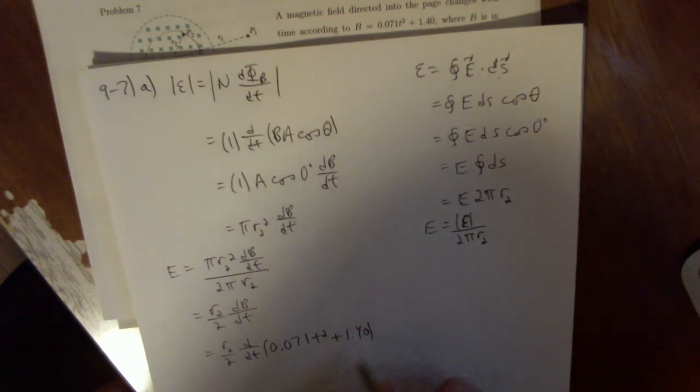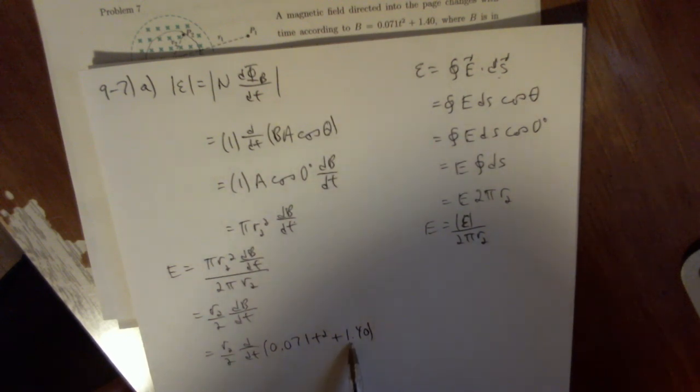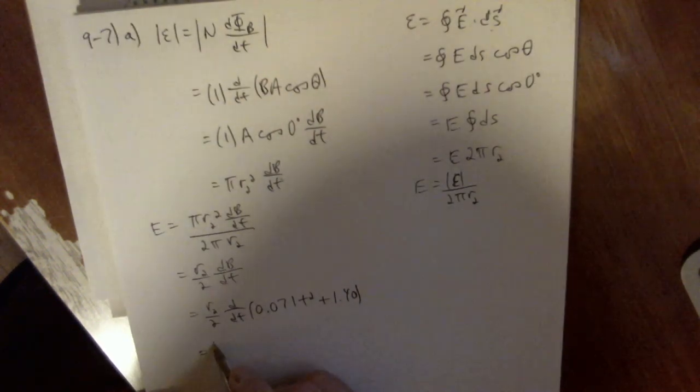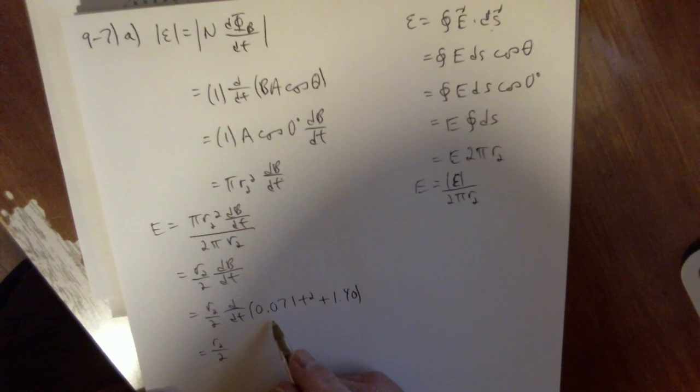If I take the derivative, the constant just goes away. The derivative of t squared is 2t, so I get r2 over 2, times 0.071,